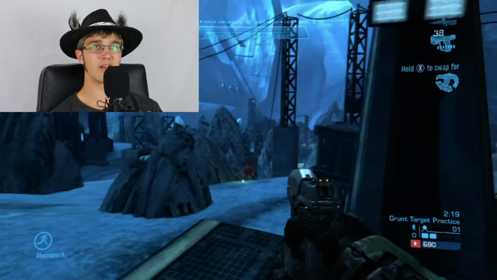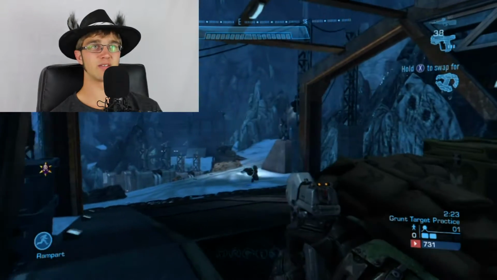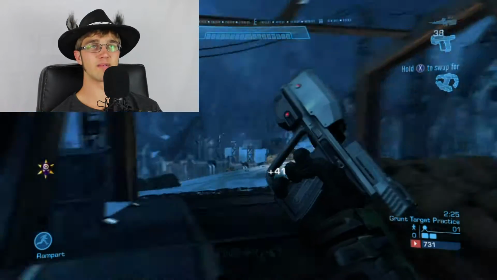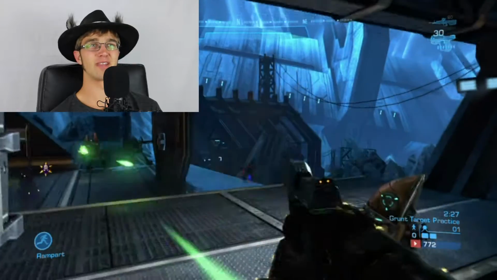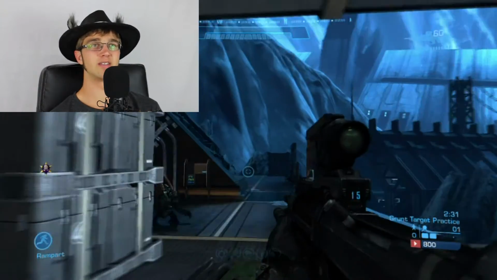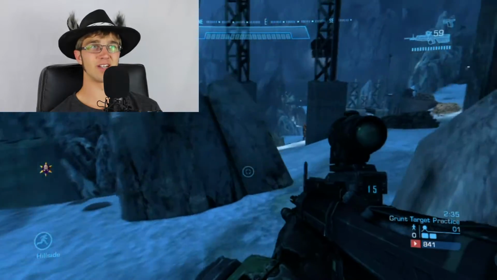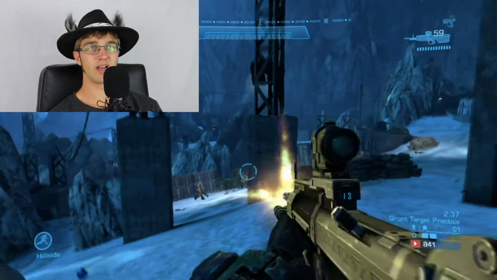So whenever I'm going through a game, I'm always obsessed with being able to get the enemies immediately without having to shoot them a bunch of times. And as I say that, I have to shoot that grunt like 5 times before he actually dies. But yeah, it's a lot easier to get headshots here than it is in multiplayer, because I think one of the reasons